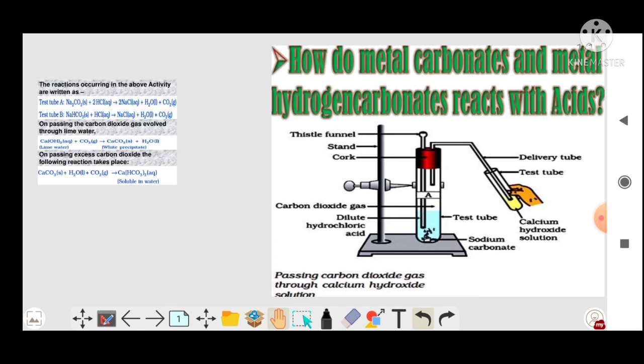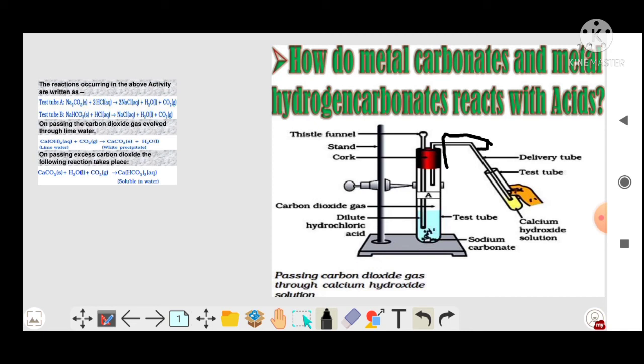Sodium carbonate and hydrochloric acid are taken. As a result of this, carbon dioxide gas is produced, and the carbon dioxide gas passes through this delivery tube